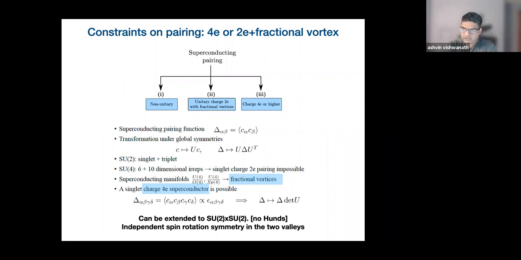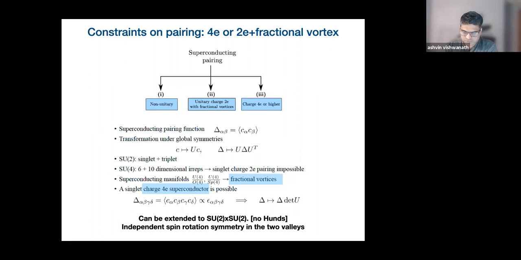So the order parameter there transforms as a vector of SO4, 4 components, 3 are triplet, 1 is singlet. Okay, now depending on the way in which this SU2 times SU2 is broken by these very weak Hund's couplings, you could either get a triplet or a singlet. So at the lowest energies, you could get something that is a singlet and doesn't break any symmetries. But then these fractional vortices would be excited states, but with very low energies, depending on the strength of this Hund's coupling.